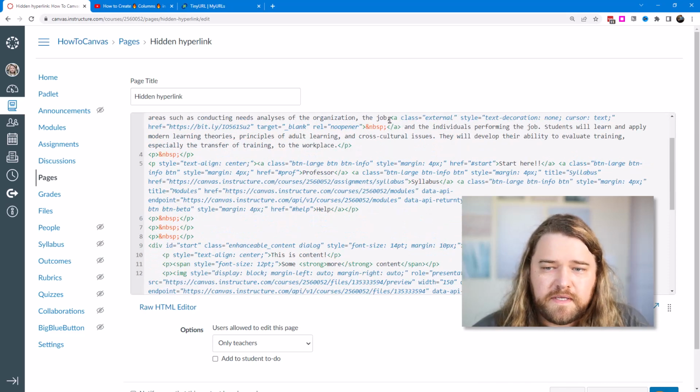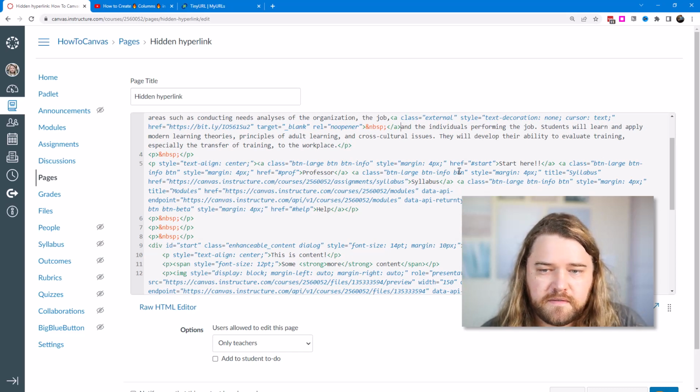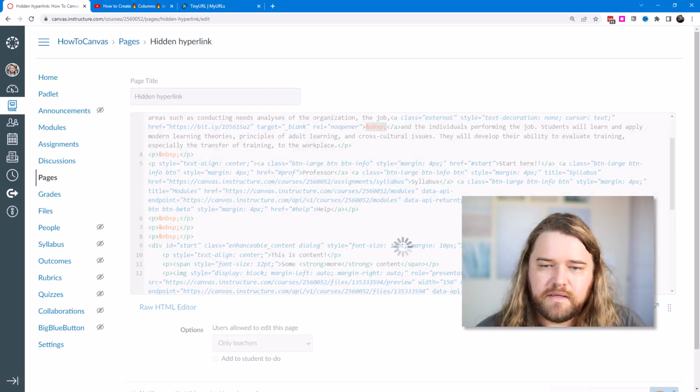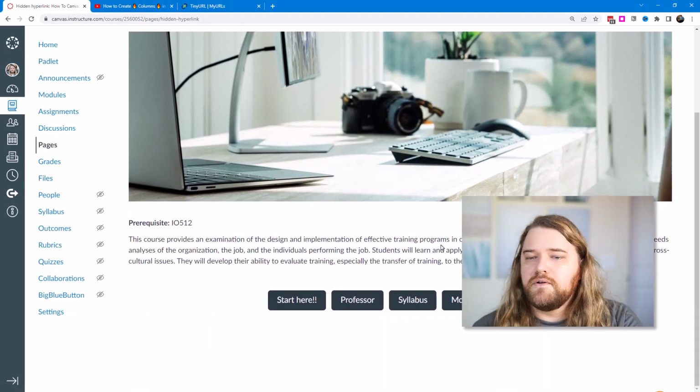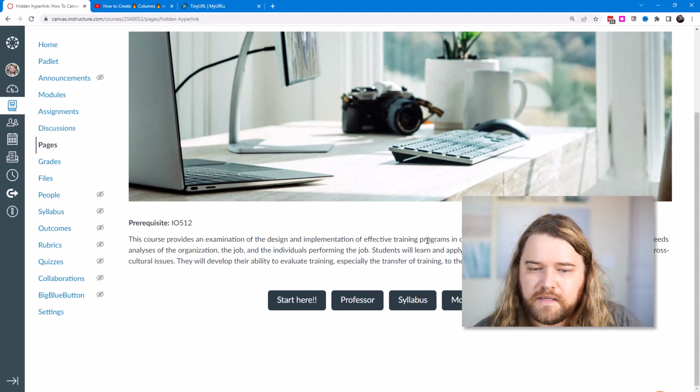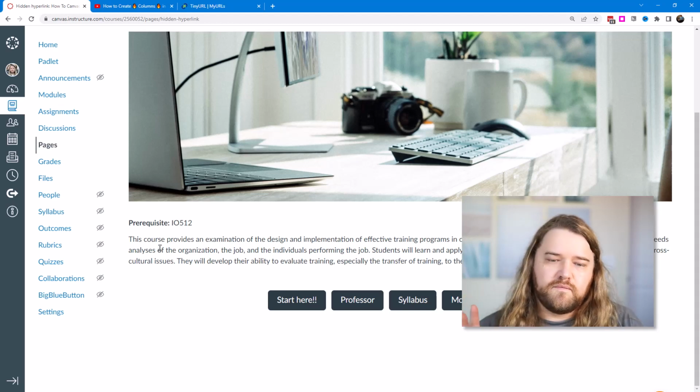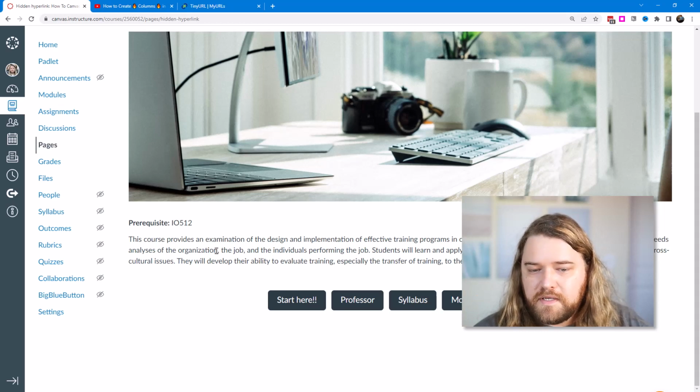Now, a quick thing to point out is the hyperlink is for this space right here, and then there's another space after the hyperlink. I want to delete that because I don't want there to be two spaces, just my manual space that I have right there. And so there's a hidden hyperlink after the word "job," and I can create a scavenger hunt for my students and say, hey, there's something on this page and you have to solve the clues in order to find it, and go ahead and give it a try. And then they can say, okay, so the second row, or however you want to do it, you can indicate that after the "job," comma is a hidden something for you. And when I click on that, then it takes me to my resource,